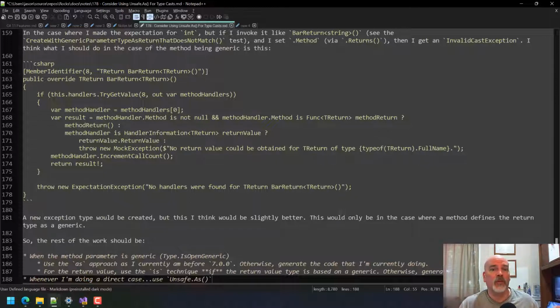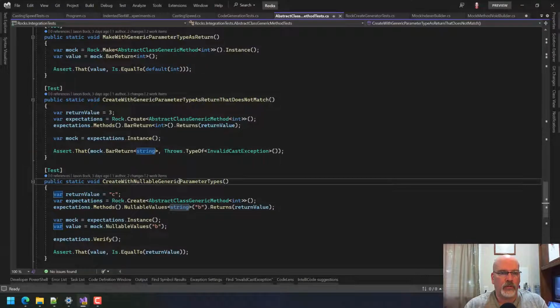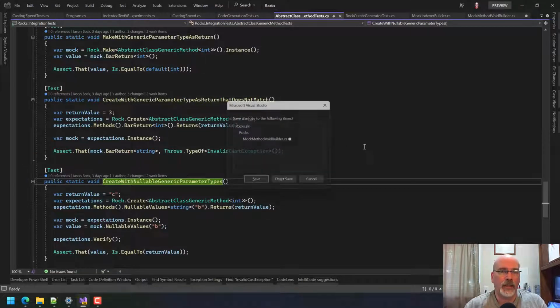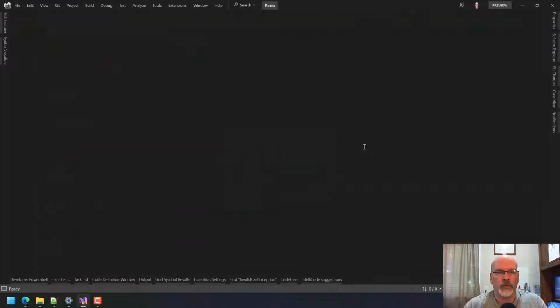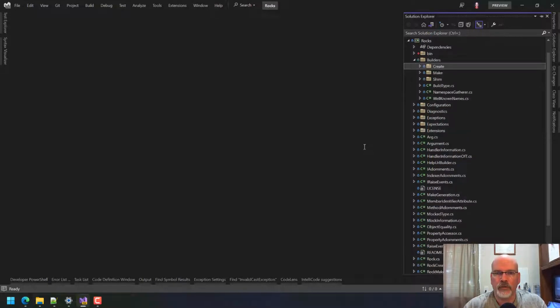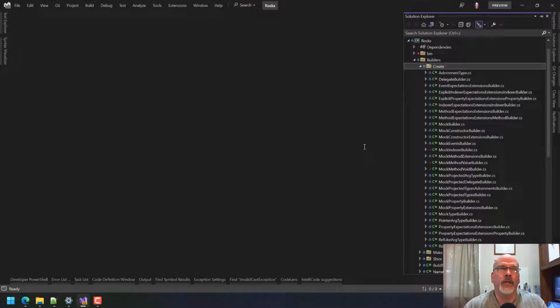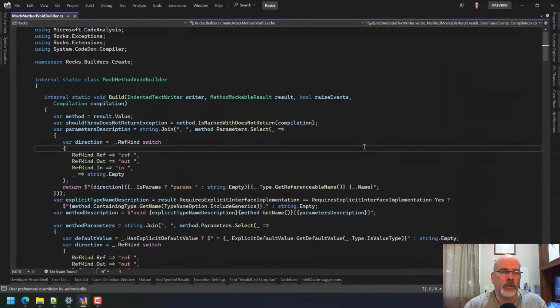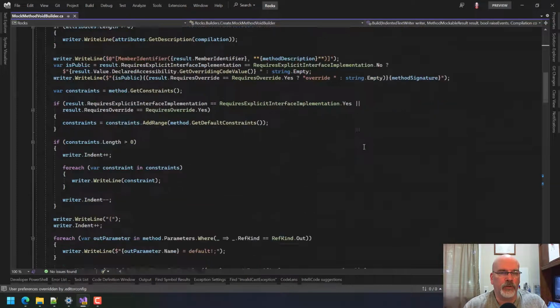So with all that said, let's actually do this. So we want to come into here. Let's not back everything out, but let's go up to Rocks. Let's go to Builders. And again, for Makes, none of this matters. So we go to the void builder because we don't have to worry about a return value there.